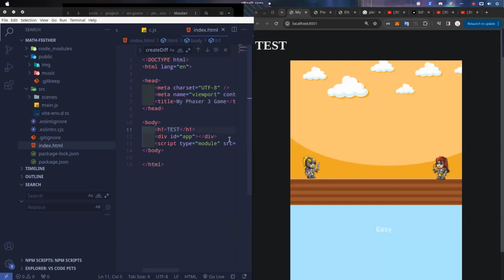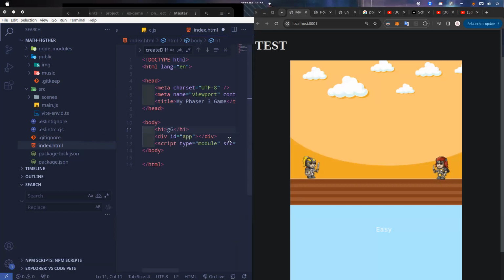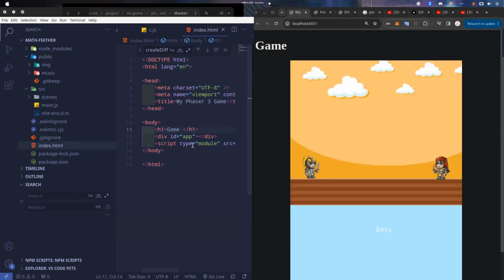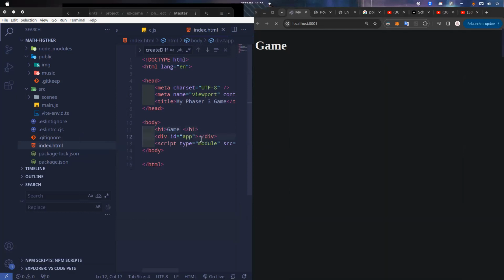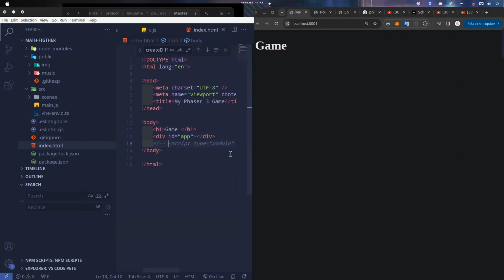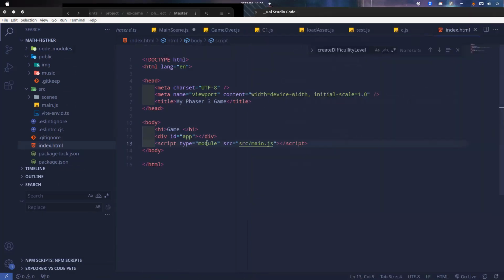Yeah, and just like that, it will be added. If I delete this one, nothing happens. So for the script, just add it in this HTML.